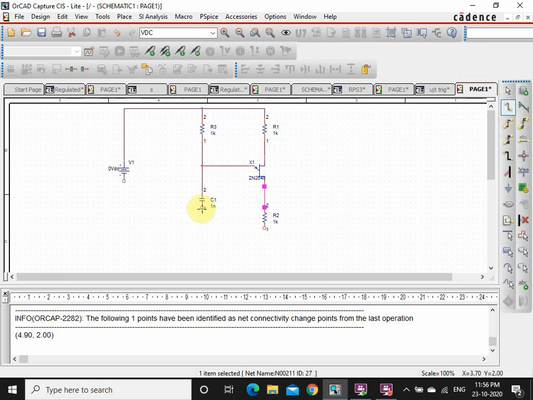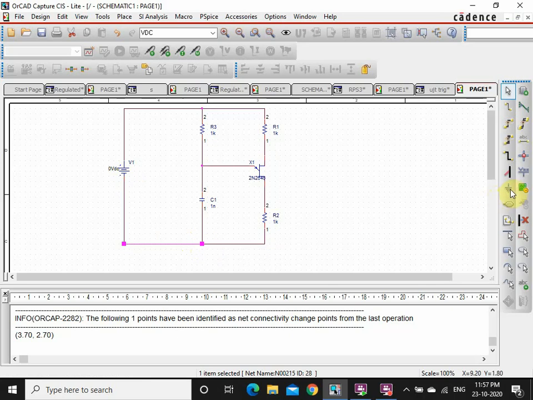Then connect it here. So now connect it here. So I've connected it. So escape.